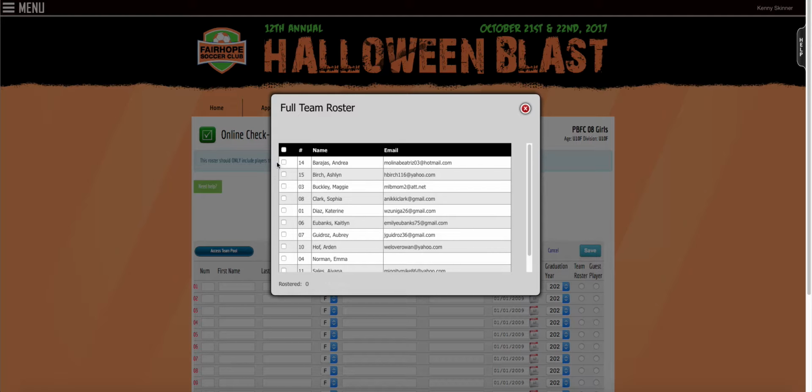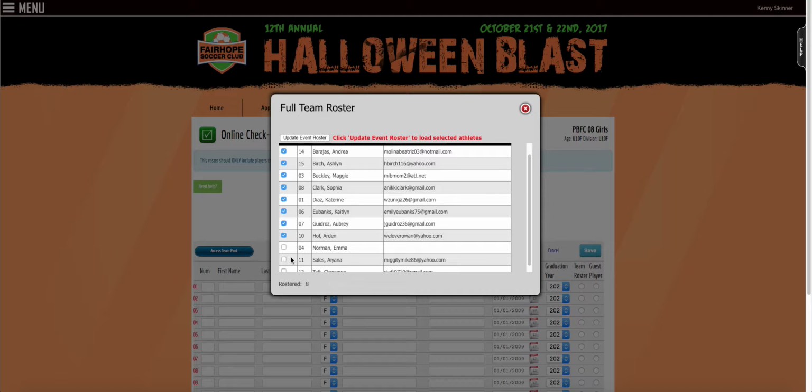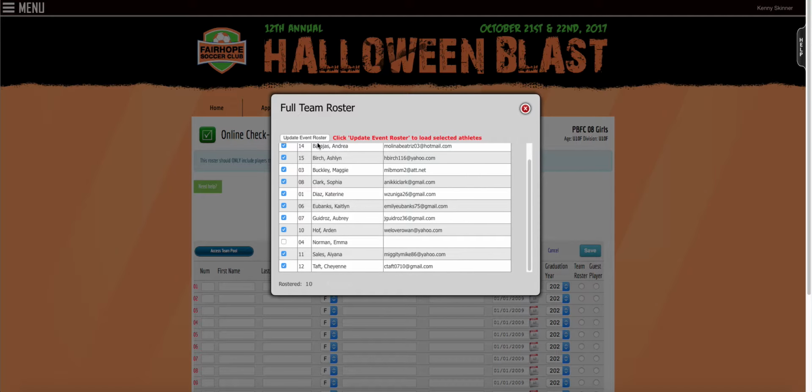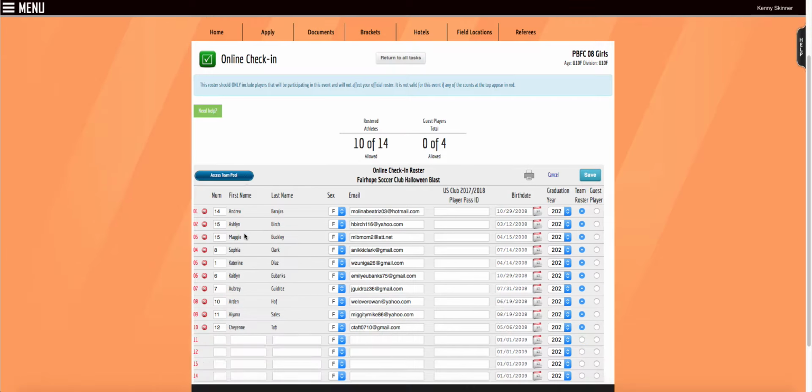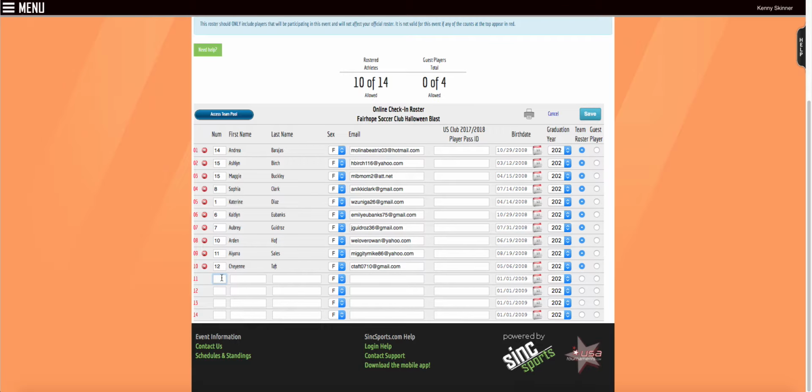Here you can find previously entered information. So we have Andrea, Ashlyn, Maggie, Sophie, Catherine, Caitlin, Aubrey, Arden, Ayana, and Cheyenne. They're all rostered. So I'm going to click Update Event Roster here. This is going to automatically load all these players into the team pool. Now the only change I'm going to make is I have one other player that's participating with us this weekend. So just because I already know her information,